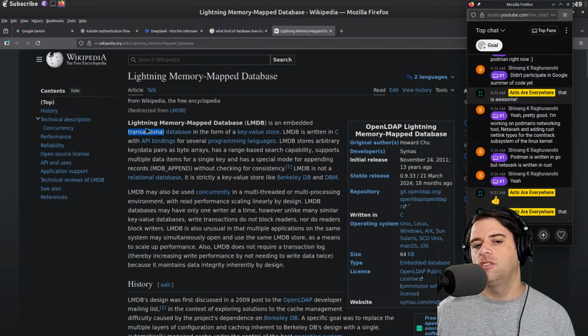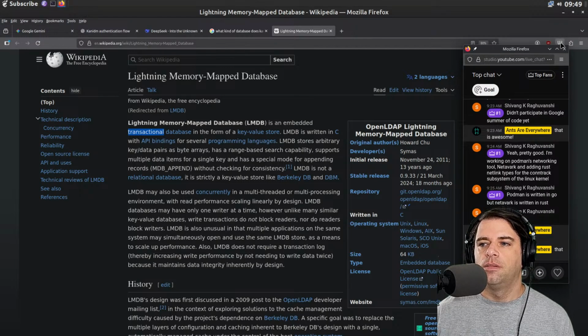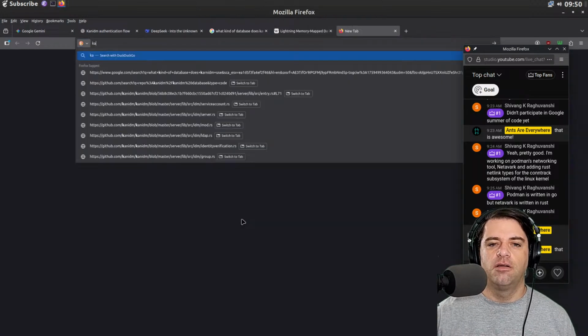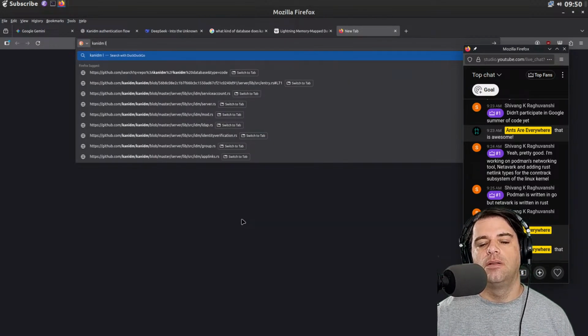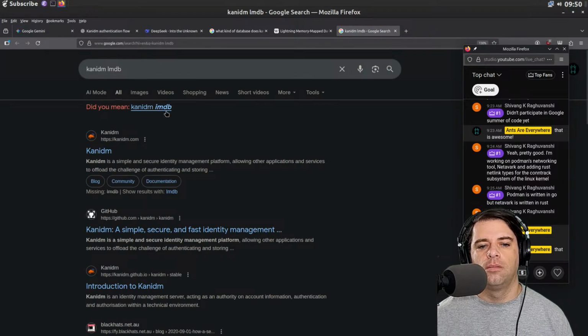So transactional, so it does have commits in the form of a key value store. It's written in C with API bindings. Is that so? Okay. Let's see if we can validate that Kanidm uses LMDB.